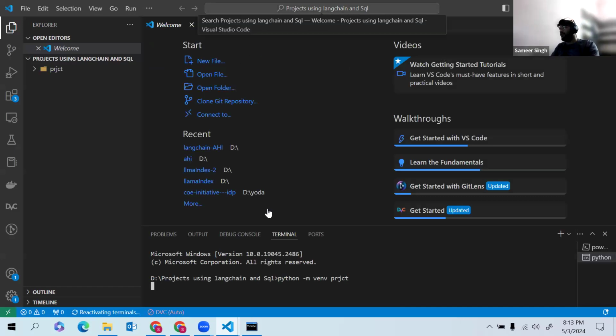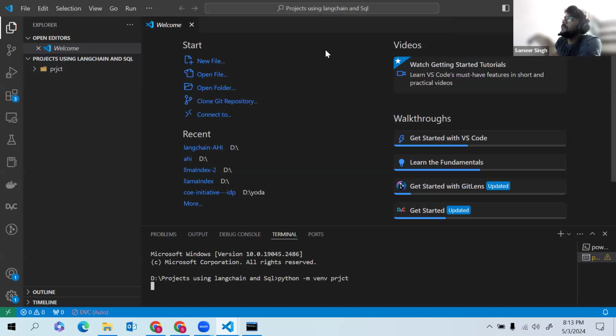Meanwhile, this virtual environment is getting installed. If you guys have any problem, do let me know, please. Any problem, guys? Yes, Pritam, through Conda we can also create it. But I always use the same command, right? It's all up to you how you are going to do that.